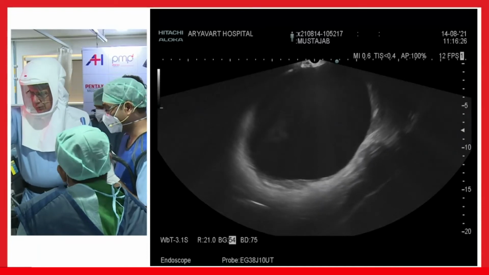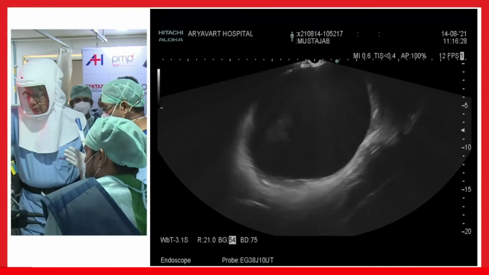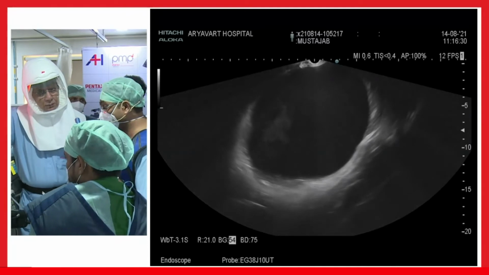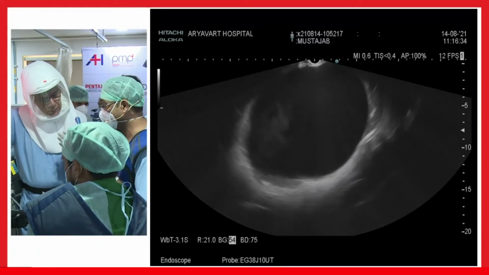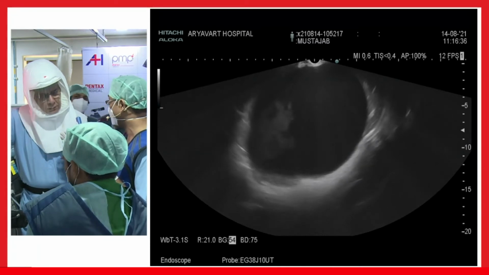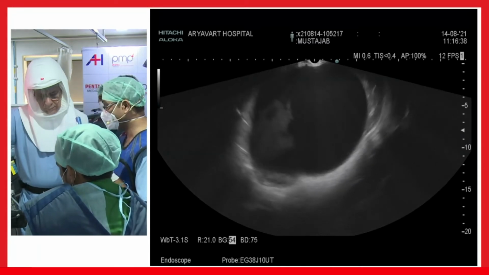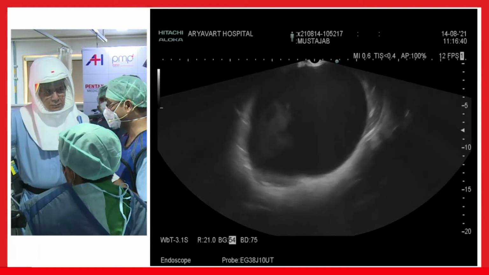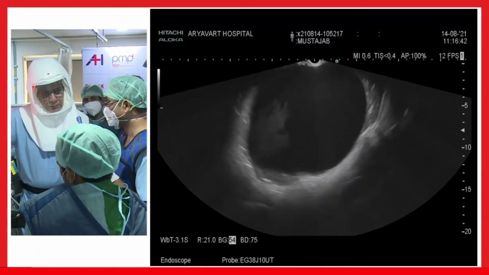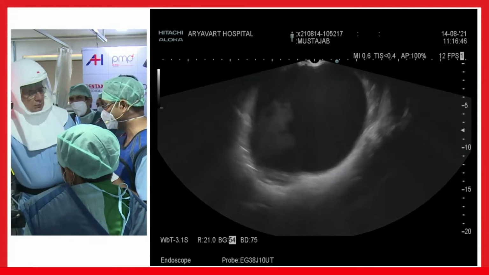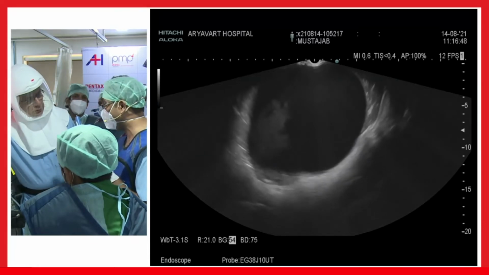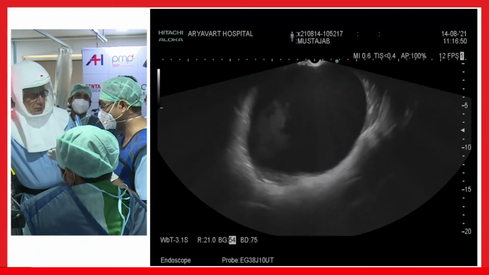It depends on the size and symptoms. Previously, if you see the old literature, it says that a 5 centimeter cyst has to be drained or requires surgical intervention. But over the decades, our thought has changed. Now, even if a patient has an 8 centimeter or 10 centimeter cyst and doesn't have symptoms at all,